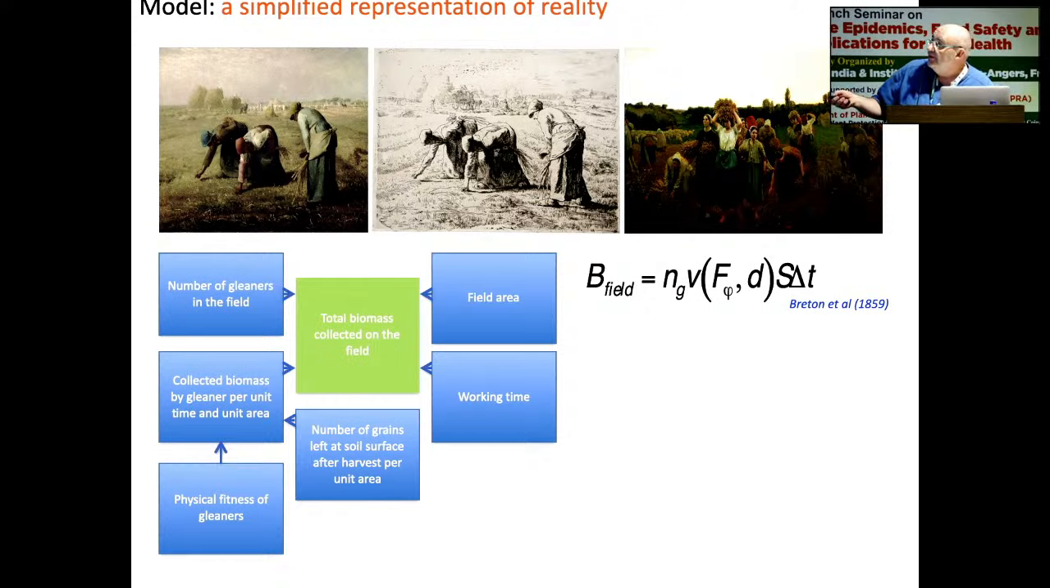I will say that the biomass that is collected in the field will depend on the number of the gleaners multiplied by a function that will describe the quantity of grains collected by the gleaners. And it will depend on the physical fitness of the gleaners and the density of grains. And in my equation, I say the bigger the field, the bigger will be the grain collected. So I multiply by S. And also, this will be the working time, delta T. So it's very simple. I had my conceptual model, and now I made